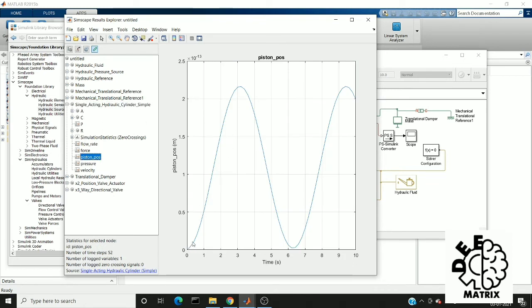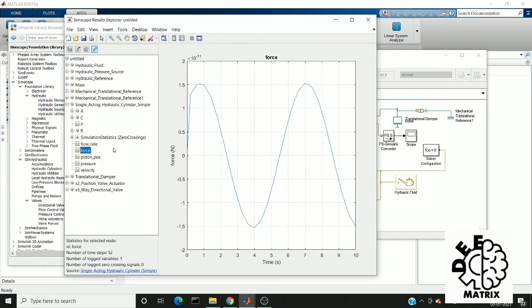As I said before, since we have given a sine wave, the position of the piston also exhibits the same. At some point it will move to a maximum extent, and after some point it will retract. So the cycle is going on. For some time it will extend, and for some time it will retract.